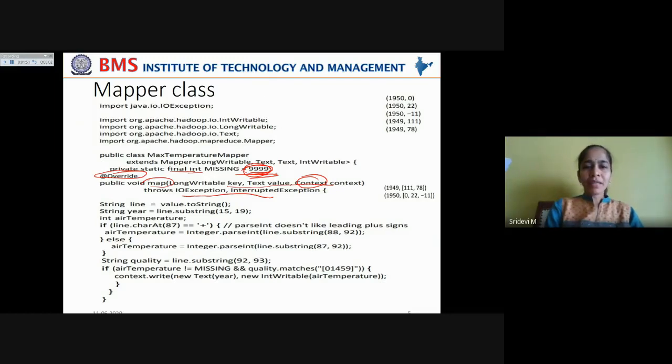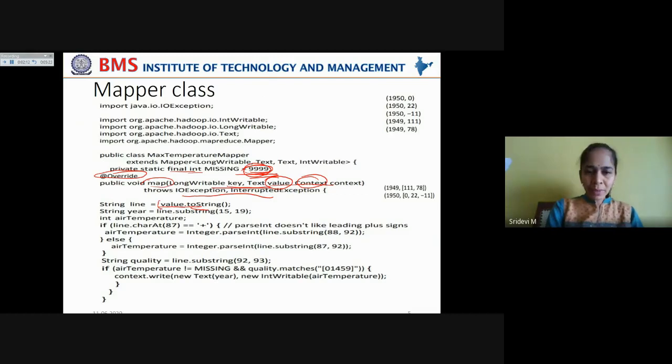And next, we have to use this value in order to convert it to a string. So what value are we taking here? The Text value that is passed as the value in the key value pair. The key value here consists of the file offset and the input split.